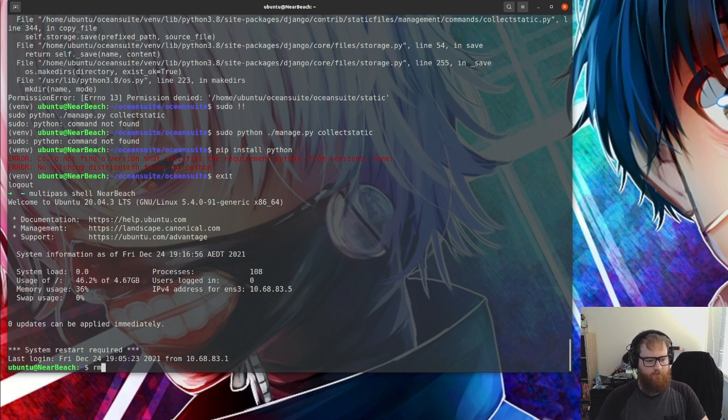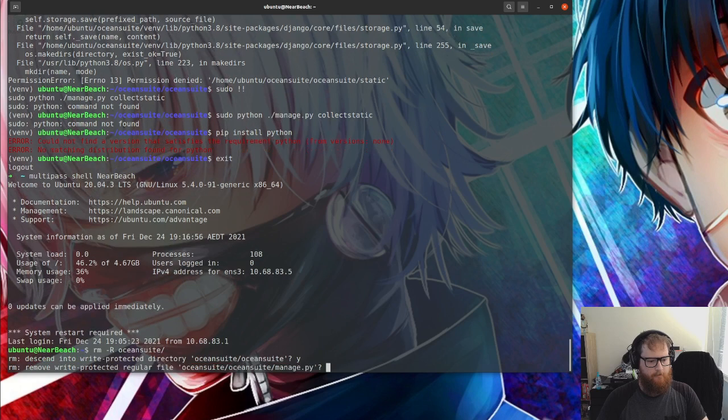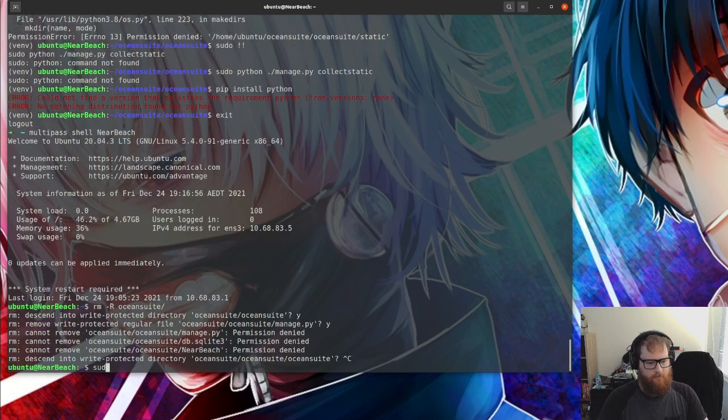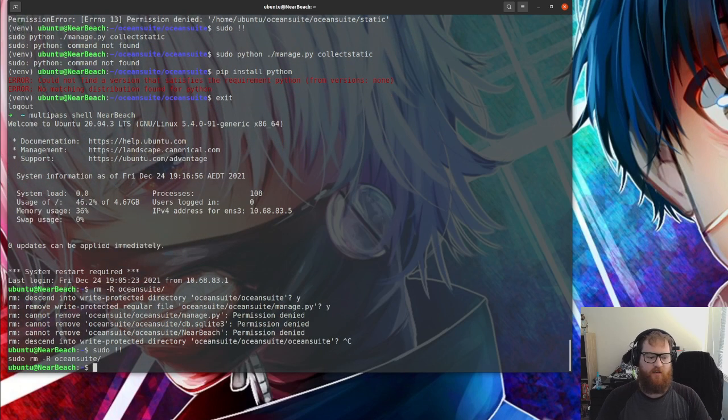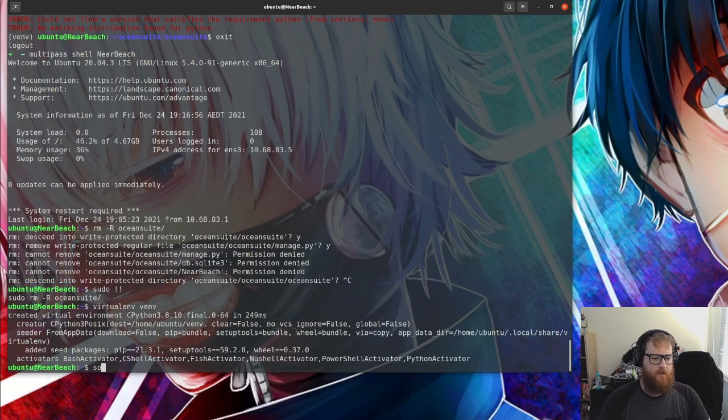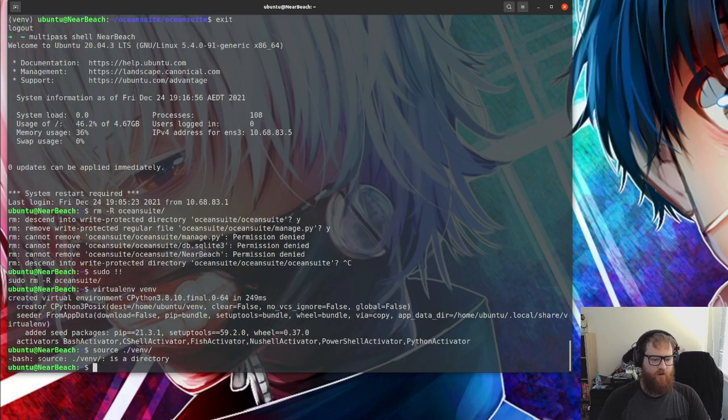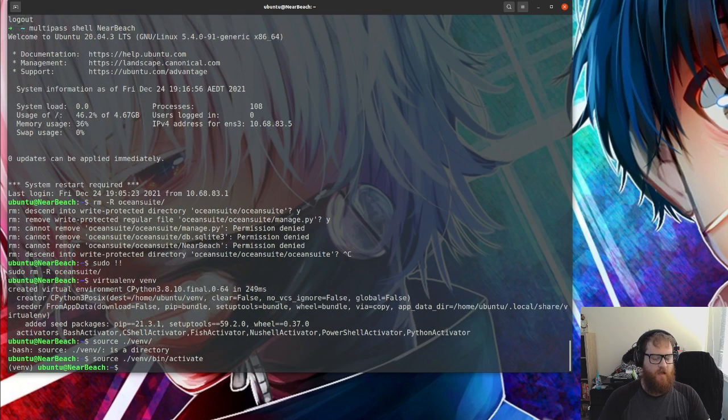Let's remove it all. Let's delete it all. All right, so first things first is the virtual environment, VM. Source into the VM. Oh, source bin activate. Yep. Cool. And the next thing is pip install unicorn and